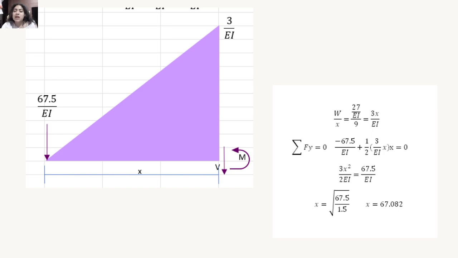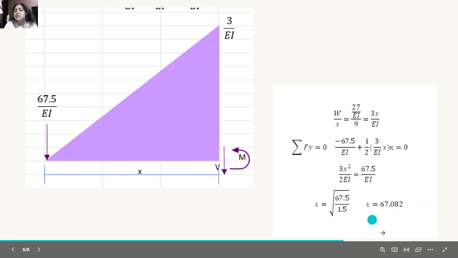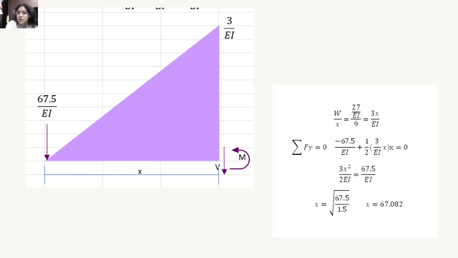In this case I don't write it out, because obviously I have a root in x, that's equal to the root of 67.5 divided by 1.5, because it's 3 divided by 2, that's the result, and x is equal to 67.08082. This is x. It's my distance in this section of my triangle. Then